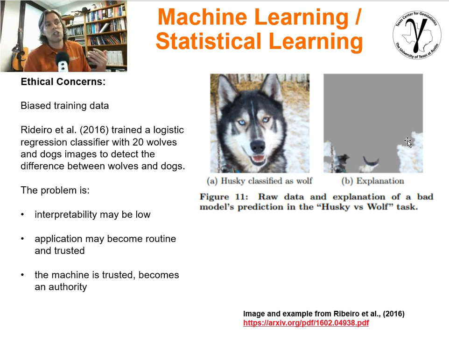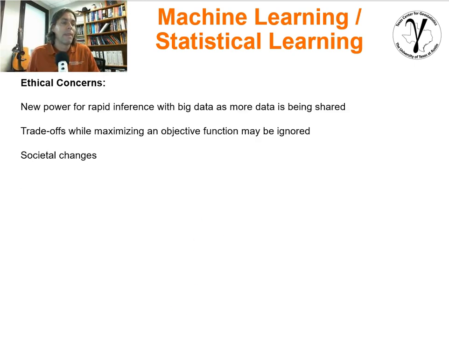The application of the machine learning methodologies will likely become routine and trusted. When something becomes routine and trusted, it becomes an authority. And when it's an authority, if you stand up against it and try to question the result, it often becomes an issue within an organization. Now, I told you I wasn't going to get political or ethical about anything. I'm just saying that there can be bias in the inputs. We may not understand how the decision is made, and we may trust the decision, and it can lead to all kinds of consequences.